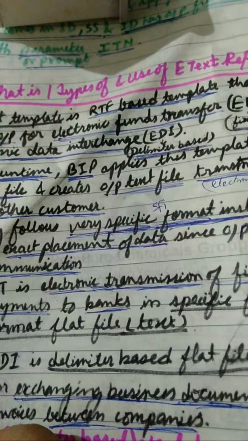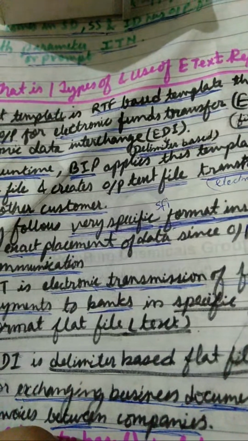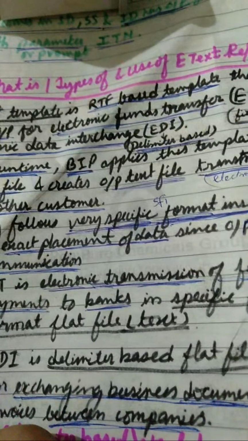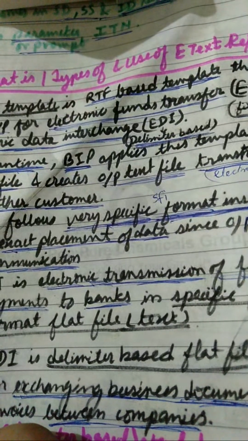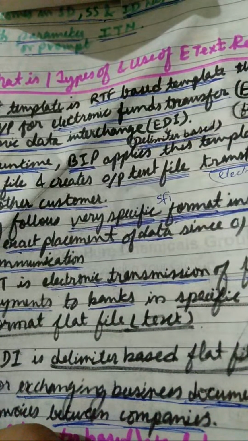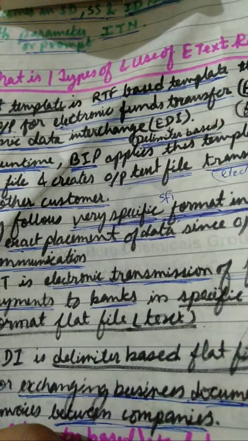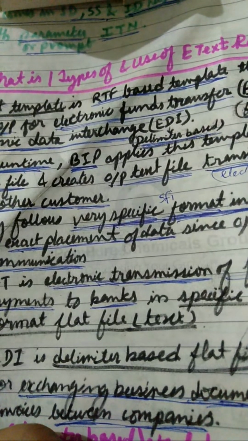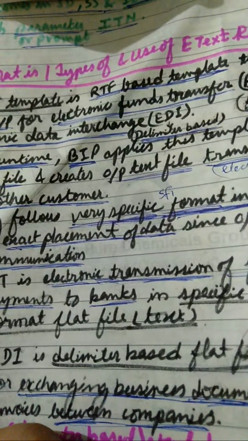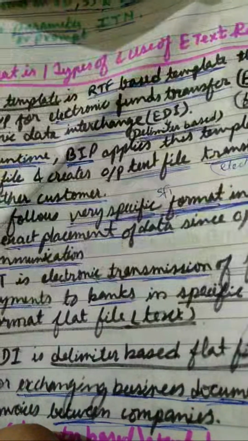So whenever there is a requirement of transferring huge data, instead of normal reporting system, we use ETEXT templates. For example, if any bank has to transfer or generate a payment file report or a payment file text format output, then all the payment details and everything that might be having more data, or exchange of documents in between